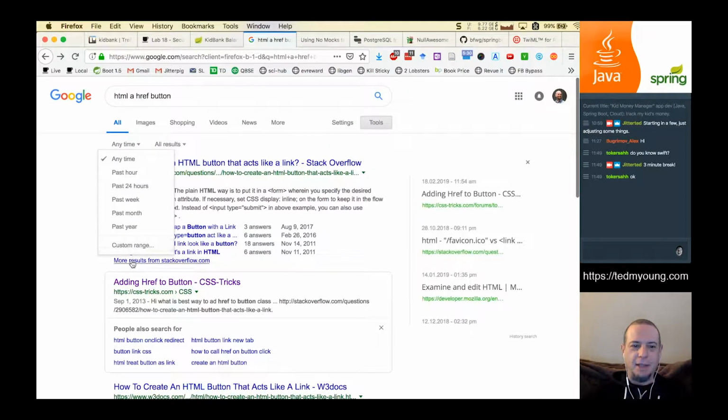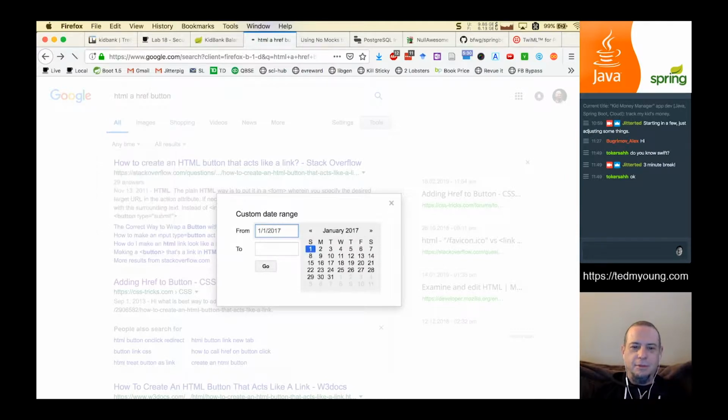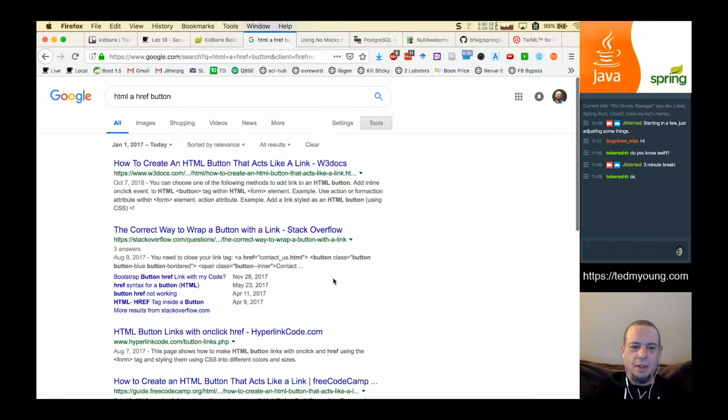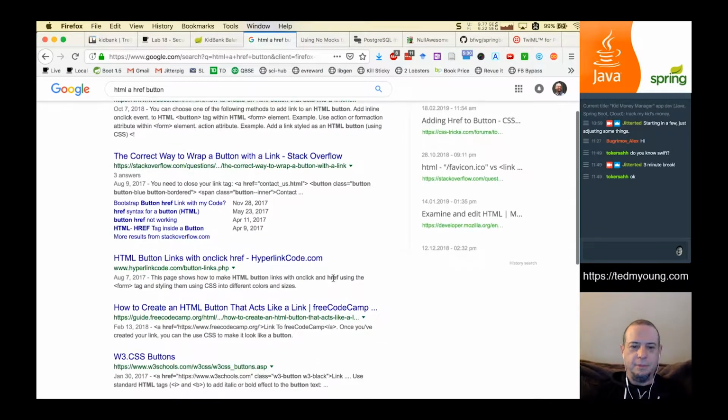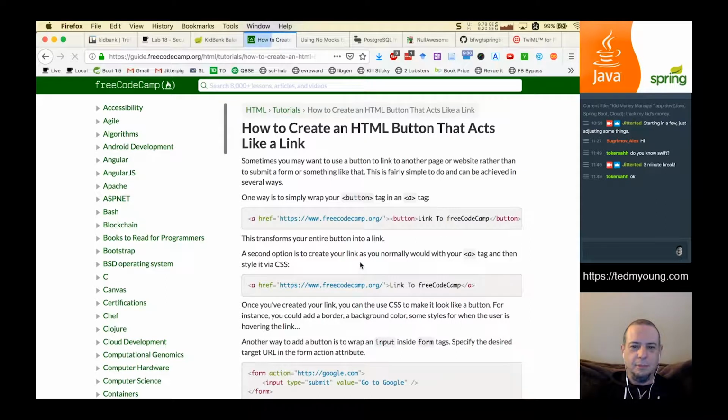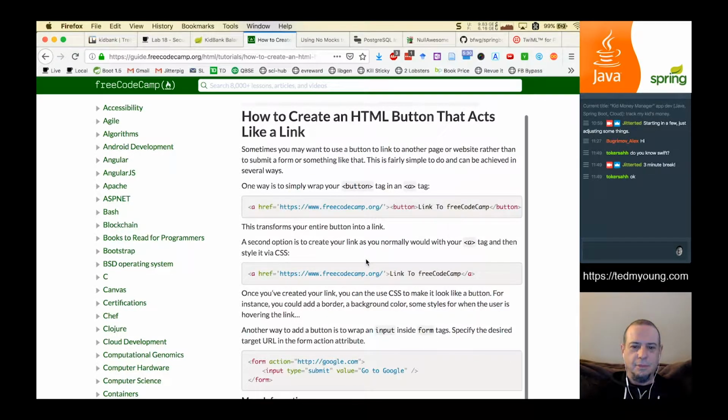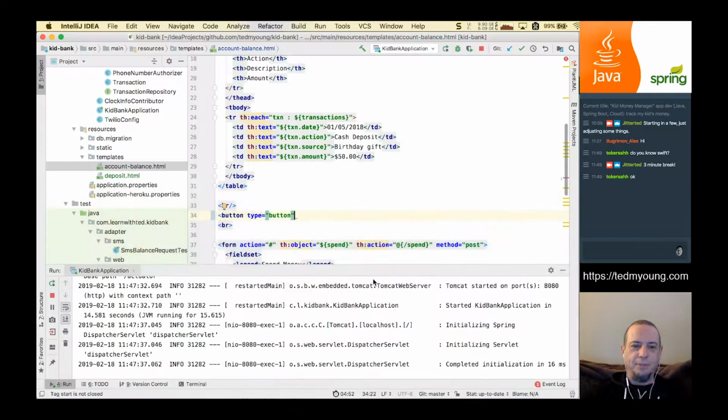How about something in the past, like I guess, yeah, I guess I could do that. Wrap the button in an a href, or I could style it. I'm probably going to end up styling it. So okay, so I'm going to just make it an a href,